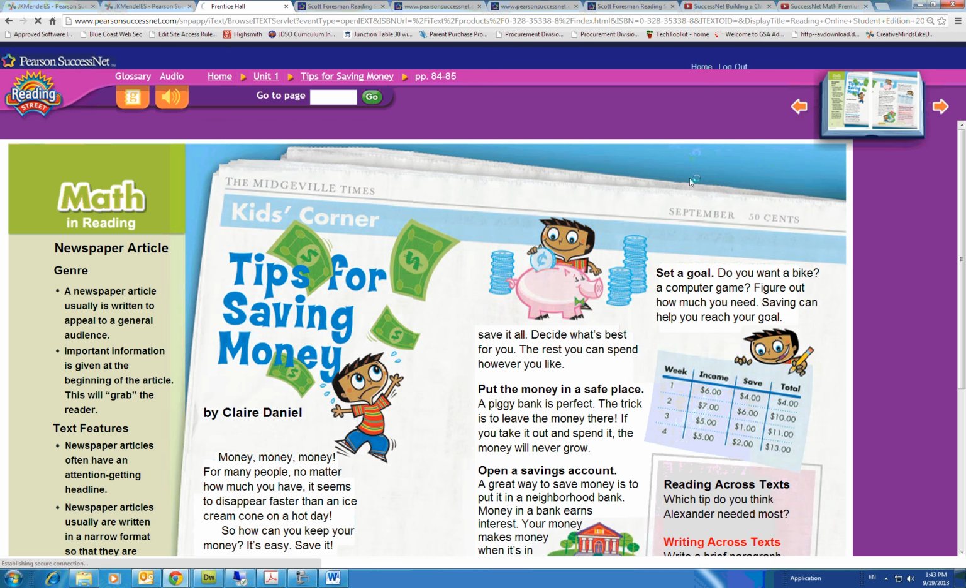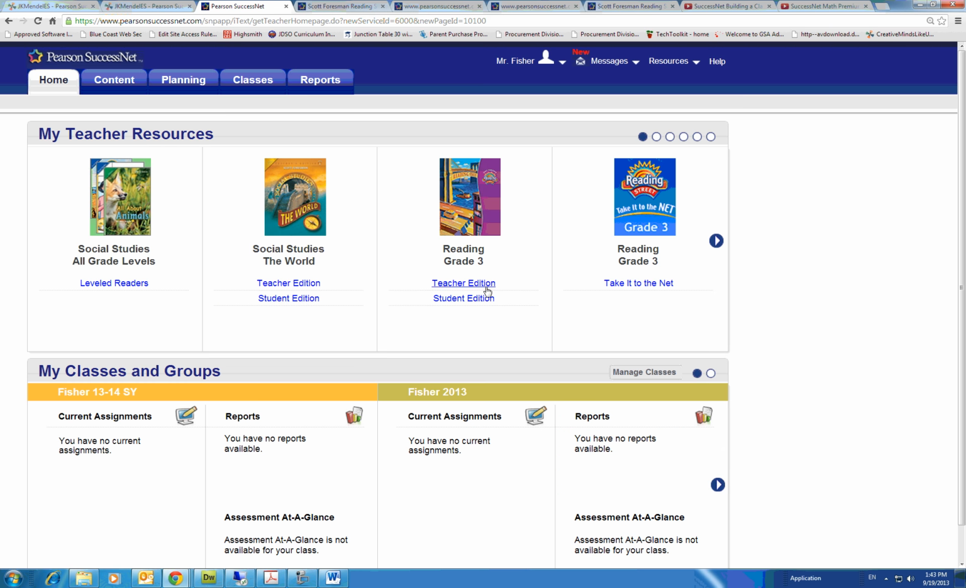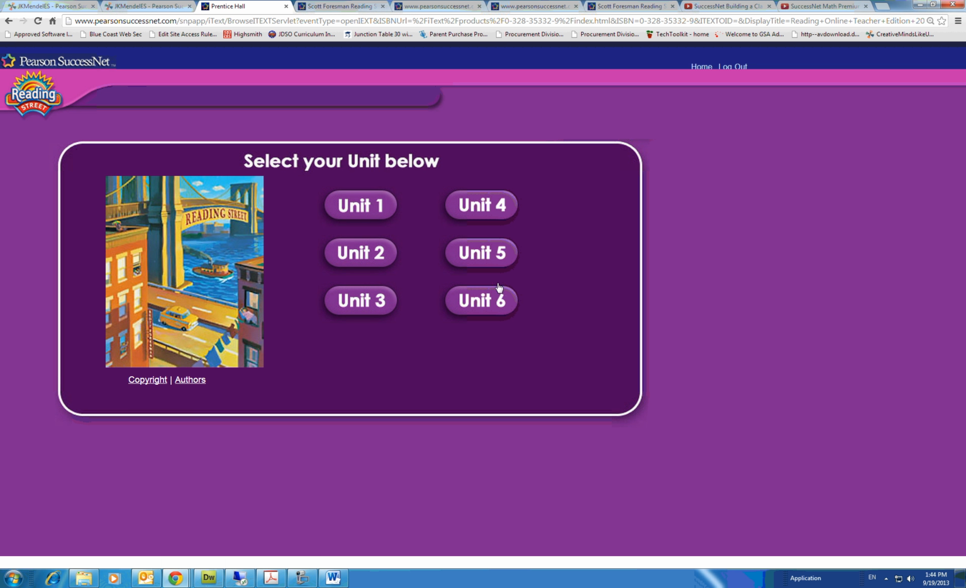So once again, a quick overview. From your home screen, you could see the Teacher's Edition and the Student Edition, both digital copies of the teacher's reading books and the student book. The Teacher's Edition has all of your printable resources. So if you have any questions about how you would use or